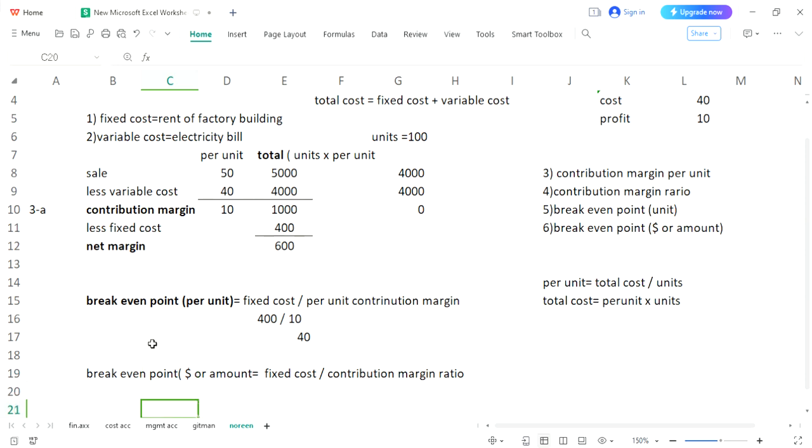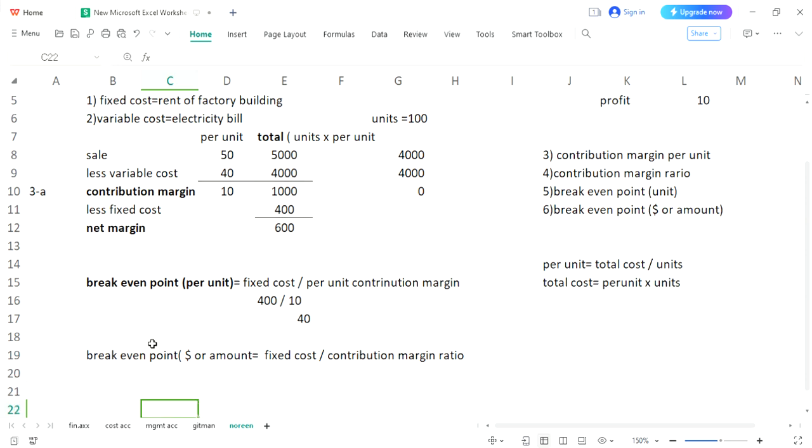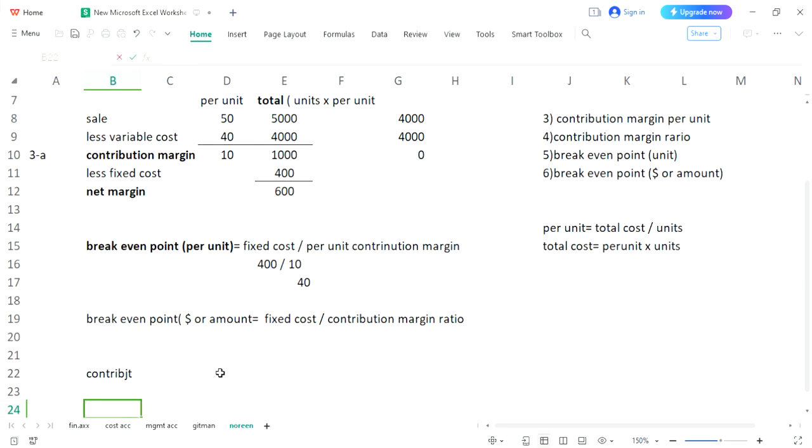Formula we have written, but still contribution margin ratio is missing, and we'll have to see how to calculate contribution margin ratio. For that purpose you need again two elements. You have calculated sales over here. Total amount of sale was 5000, and you have calculated your contribution margin which is 1000. These two factors would be needed to calculate your contribution margin ratio. For that we will be writing its formula first. Contribution